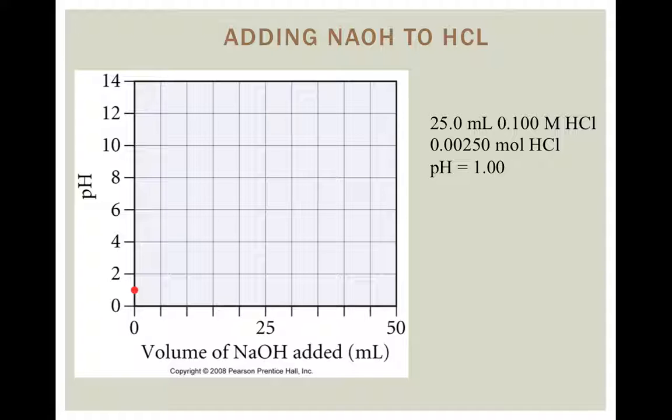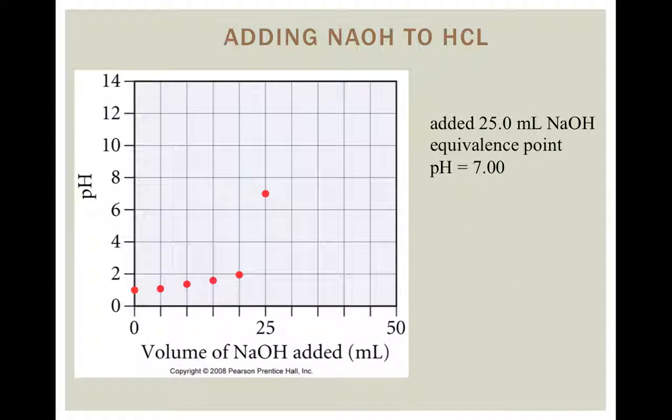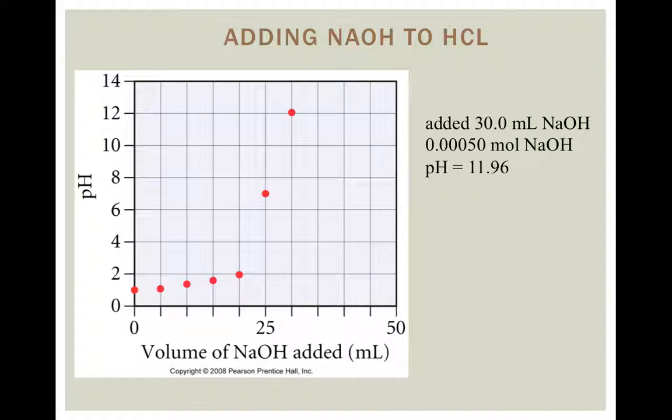So if we look at this in terms of a graph, you start out with a pH of 1. You haven't added any NaOH. Once you've added 5 milliliters, your pH is 1.18. And then it's going to slowly increase, pH of 1.37, 1.6, 1.95, and then all of a sudden it's going to jump. So after you've added 25 milliliters of NaOH, that's where you've hit your equivalence point, and then above